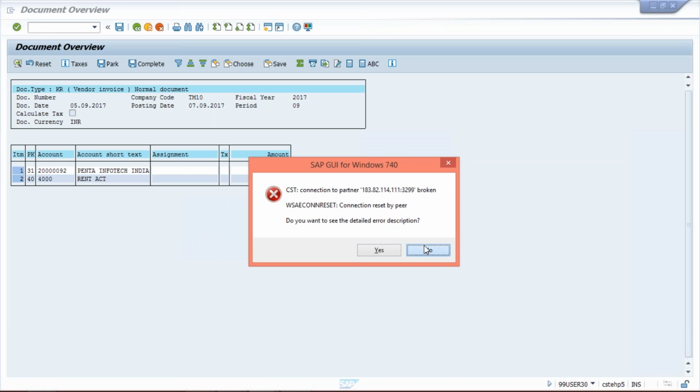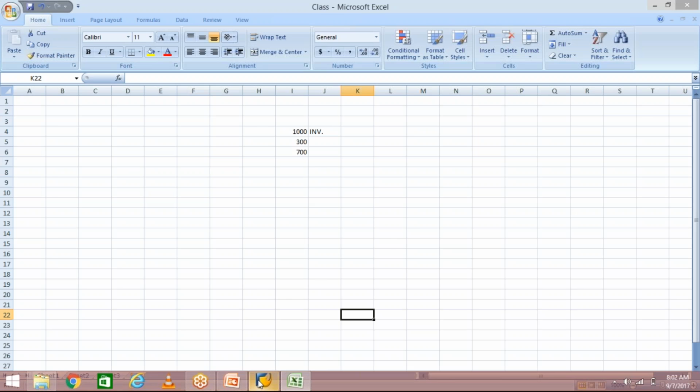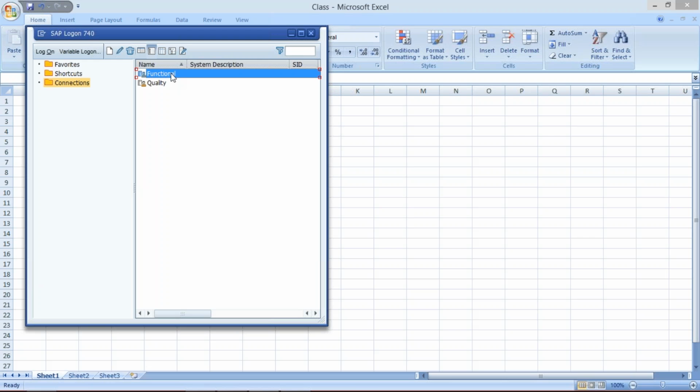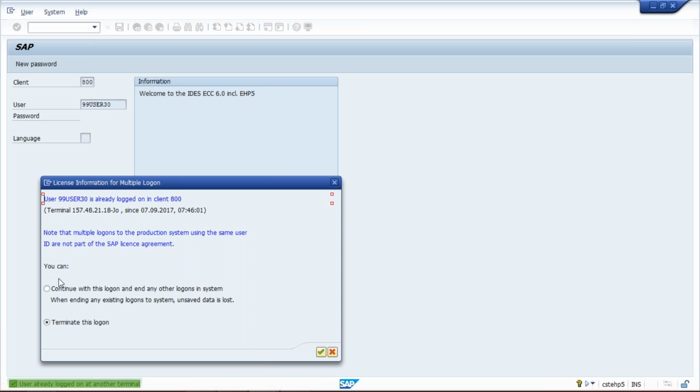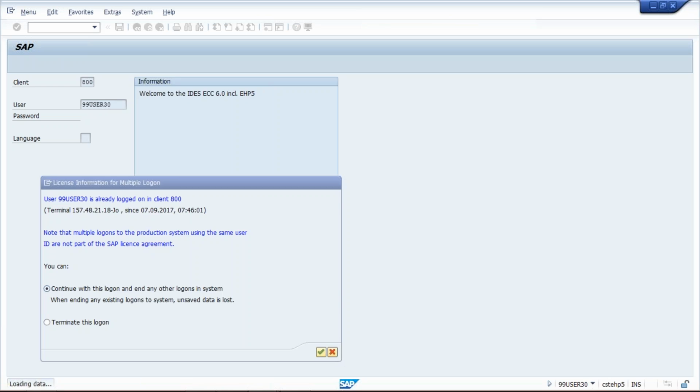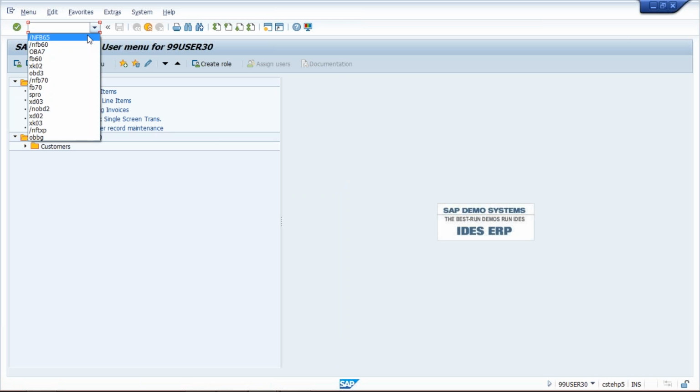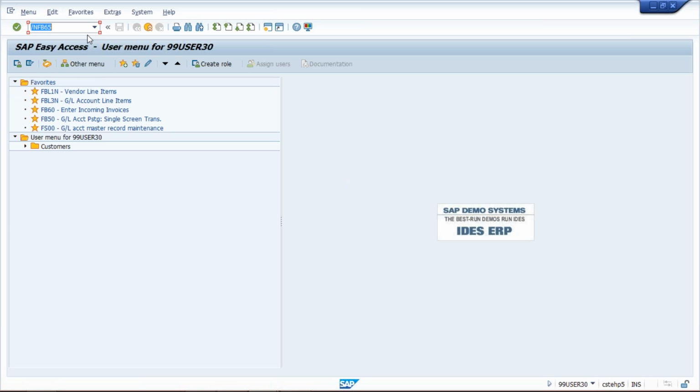It's gone, so I'll have to log in once again. Okay, so use transaction code FB65,